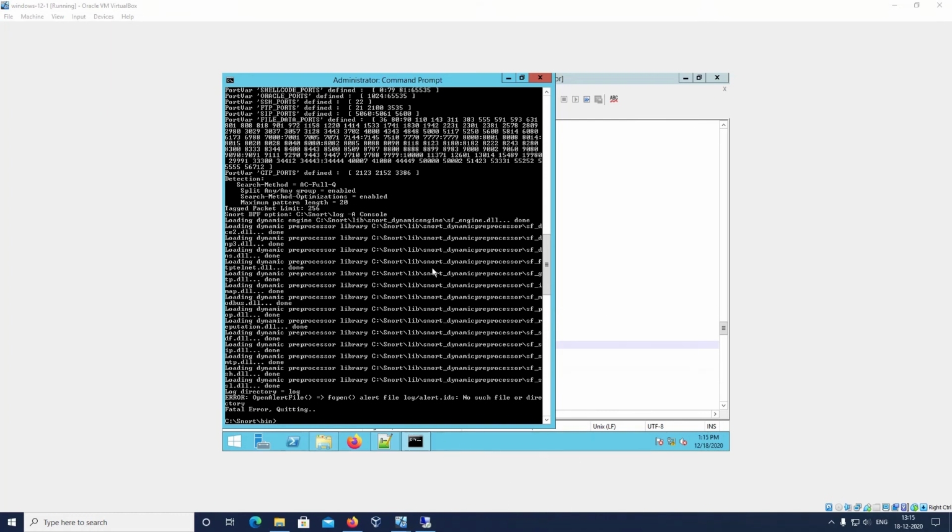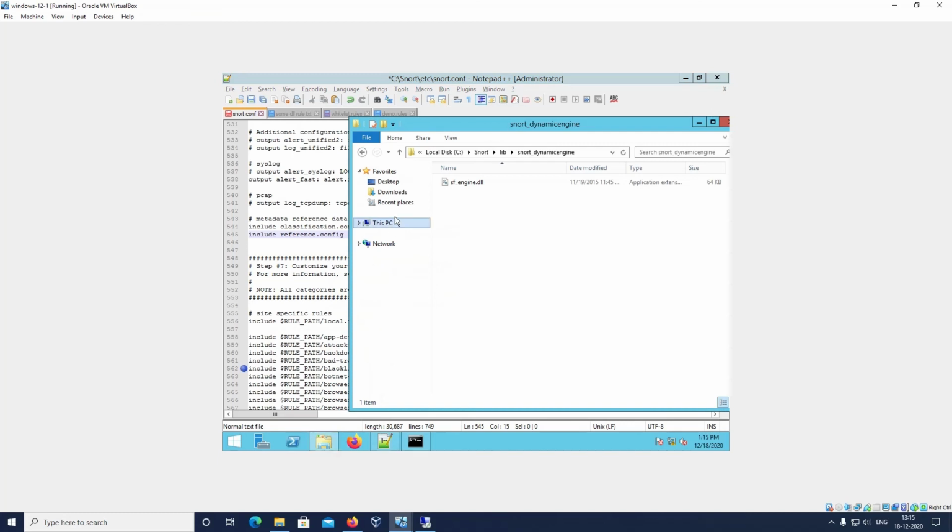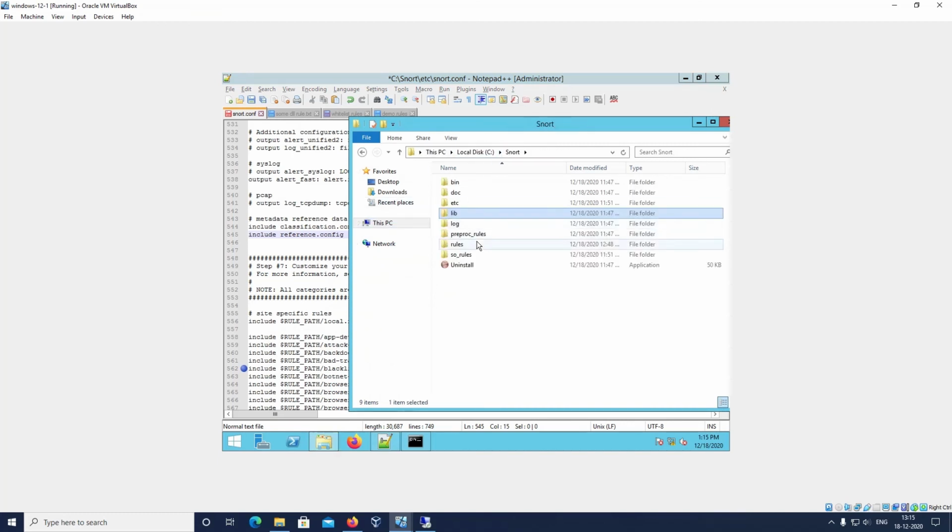This error is because we have to specify another thing in our configuration file: after we give the output alert.ids, we have to also mention the classification.config and reference.config path. So we will check where these files are located.